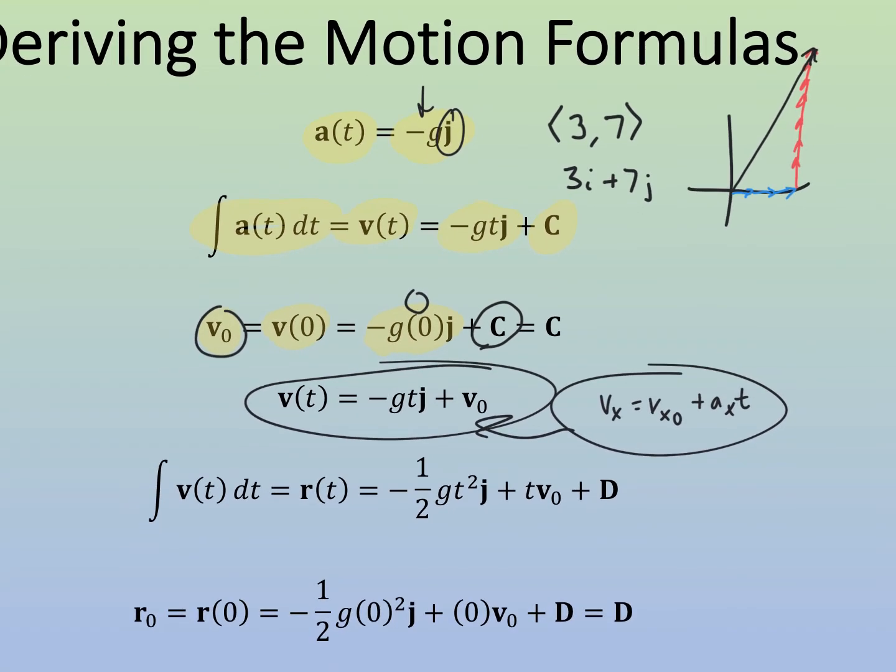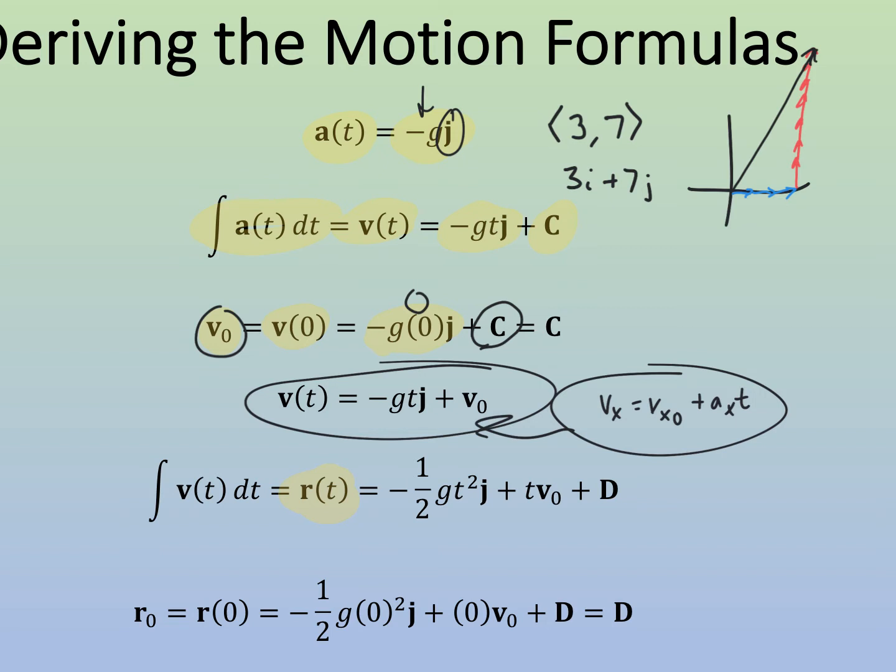So once we have our velocity equation, we can now go through and find our position equation. And all we have to do is integrate velocity. So integrate velocity with respect to t, and that's going to give us our position vector. In calculus, we use r of t,